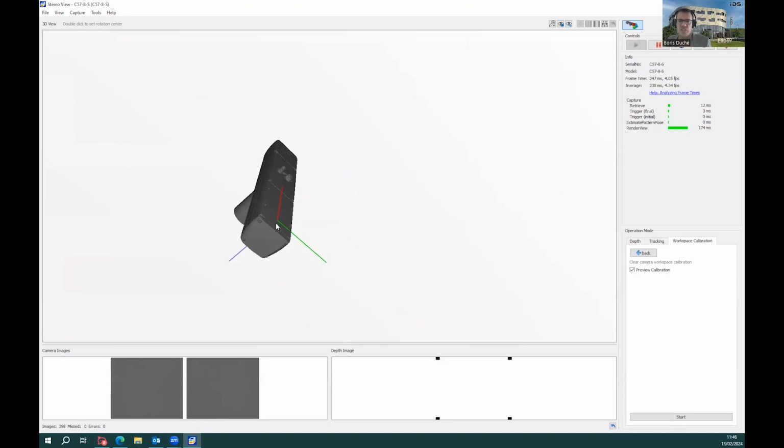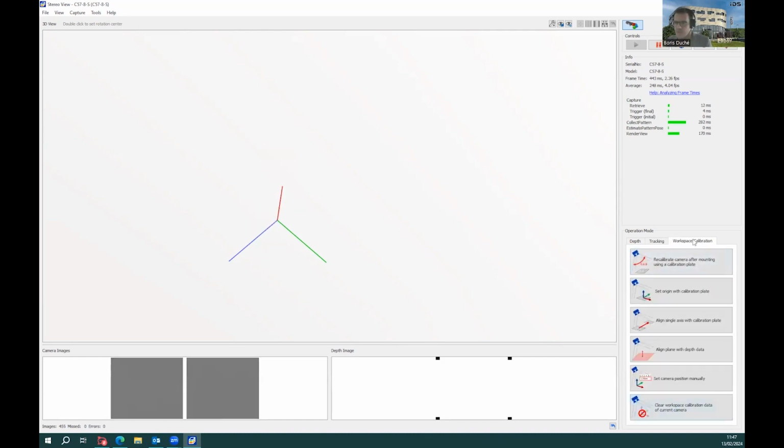Sometimes you like to change the coordinate system that you work with. Typically, if you make a beam picking application, you like to have the origin of the coordinate system in the middle of the beam, for example. In that case, you will go under the workspace calibration tab here and hit the button set origin with calibration plate, and you just have to show the calibration plate to your camera.